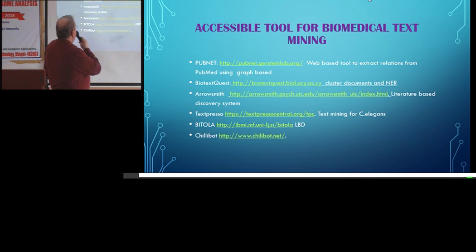Now there are some tools that one can attempt to use, if some of them are still working. First is PubNet, that is managed by Mark Gerstein, and is using a graph-based approach. The second is BioText